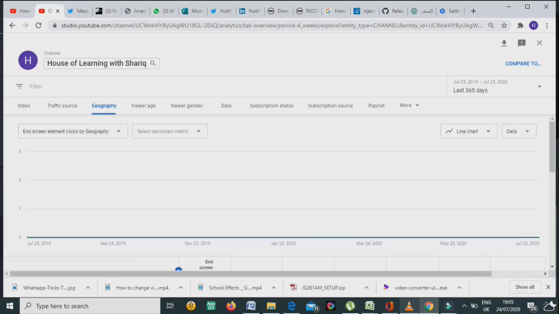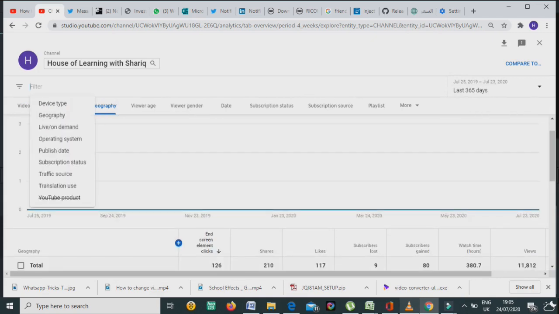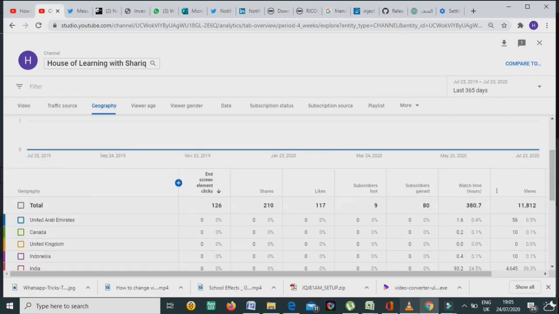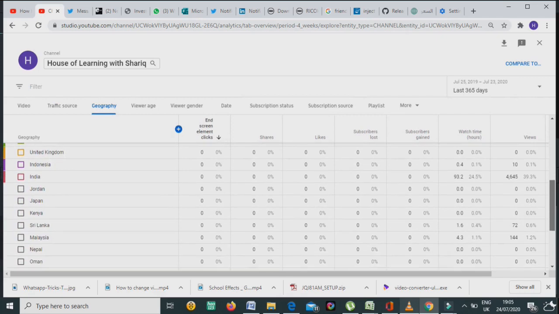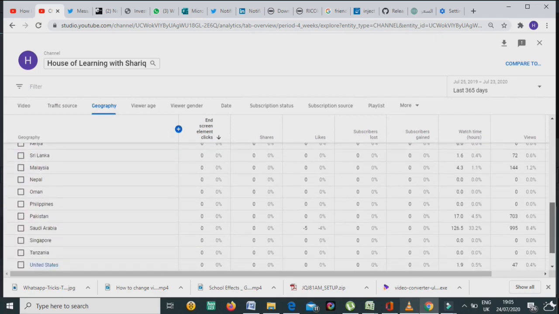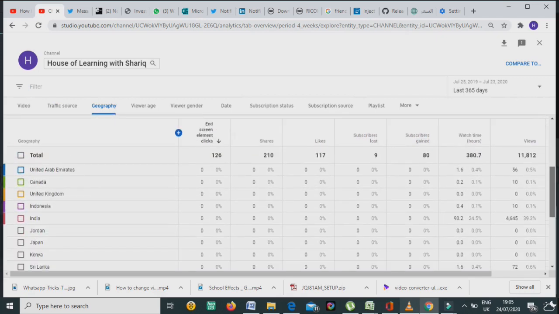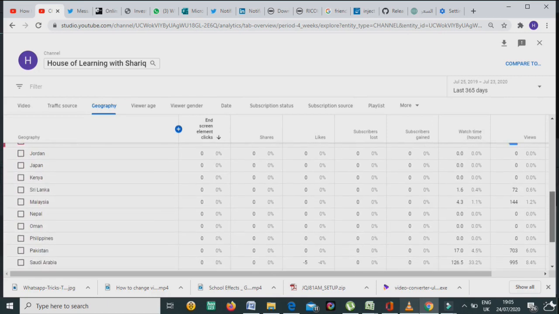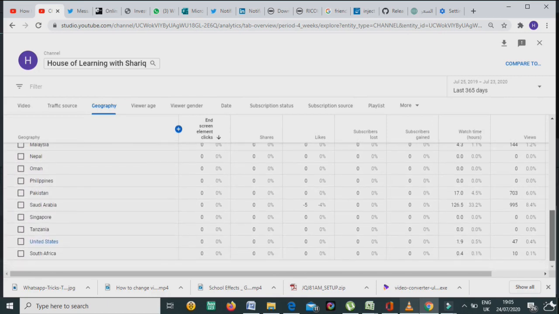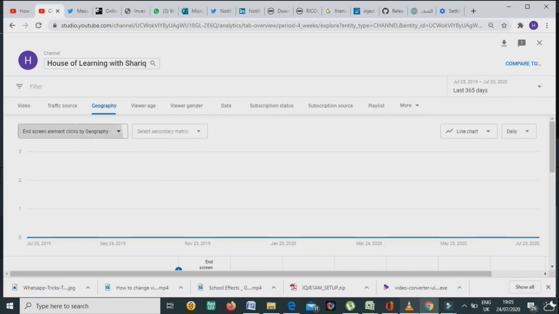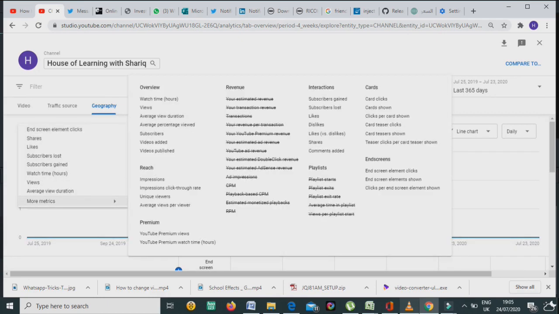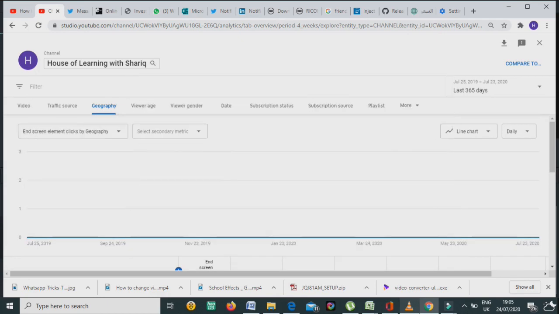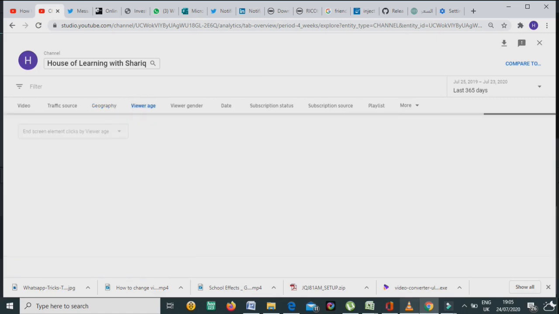You can see the viewers' age, in which countries the people are watching your videos, and how many videos they are watching. The most of the videos, like in my case, in India the people are watching, and because the population of India is too big, different people want to know different things.